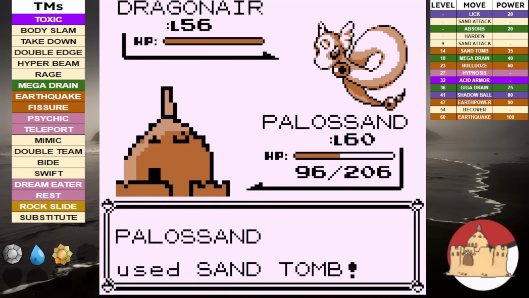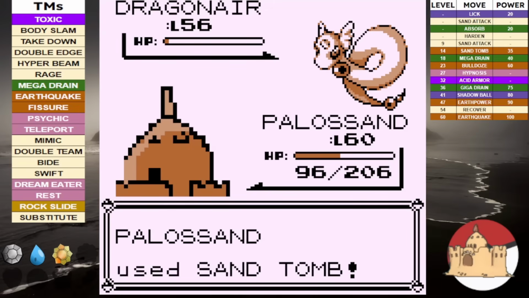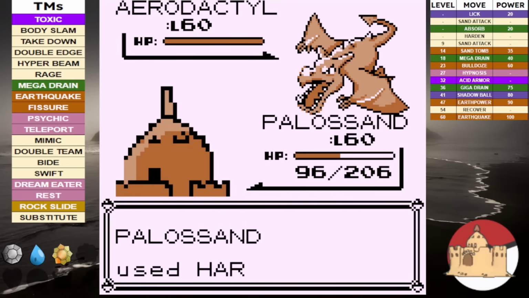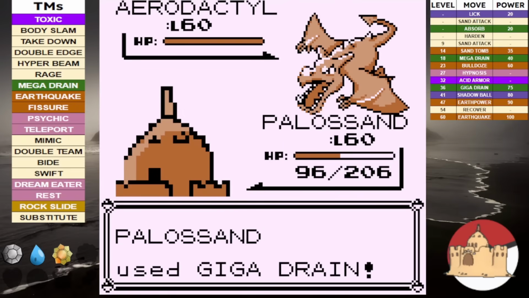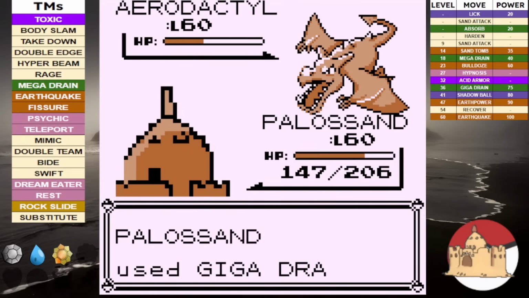And while I do get a miss with Sand Tomb, I don't get punished with getting hit with Dragon Rage, and I'm able to take out the 2 Dragonairs and move on to Aerodactyl. Instead of going for something like Rock Slide or Giga Drain right away, I set up 2 Hardens before it hits me with a Supersonic. But Palossand doesn't hit itself this time, and Giga Drain does well over half, giving me some much needed recovery